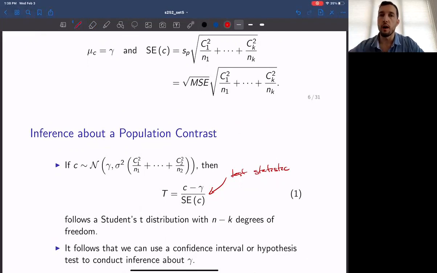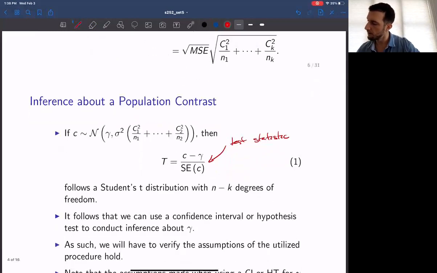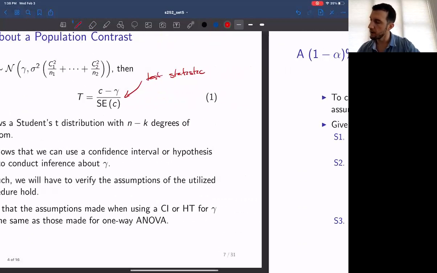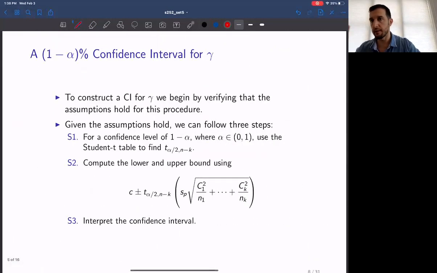So when we want to run a hypothesis test about gamma, this is actually going to be just a t-test about gamma. So it's going to follow the exact same rules that our 2-sample test followed before. The only difference is what we are talking about now. So we're not talking about 2 means directly. We could be talking about any type of comparison within a pool of 3 or more means. Okay, so the assumptions for these tests are going to be exactly the same as the assumptions that we used